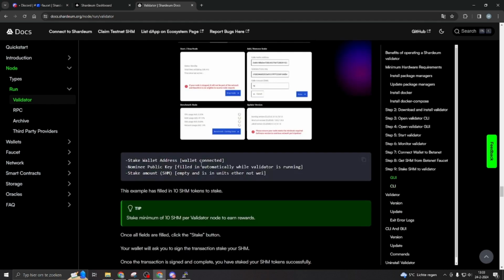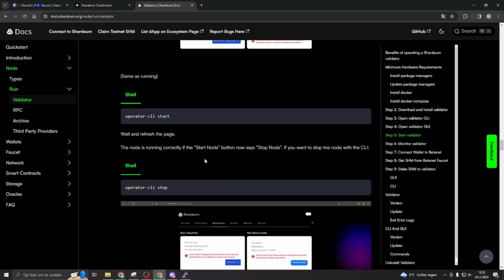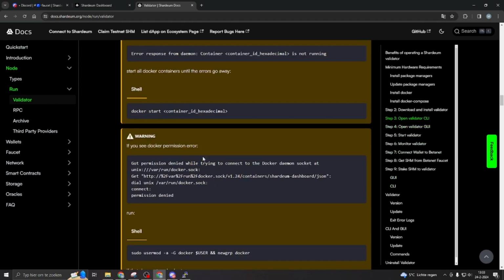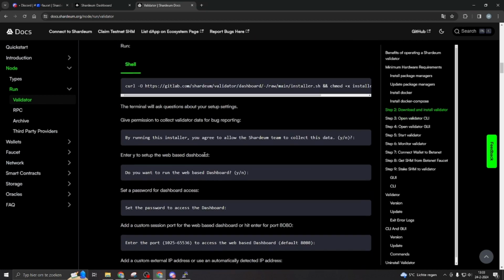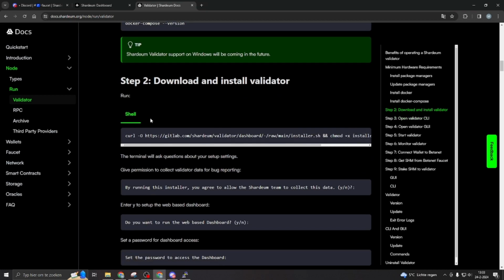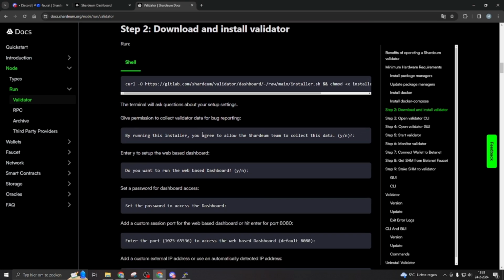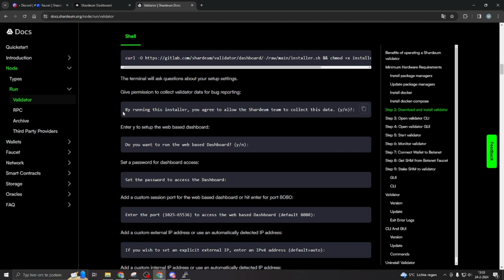It's the exact same script as the one you ran to install the node. So if you scroll up, I can show you the output it will give you, because running it for me is now kind of pointless because there is no update. But if you would run this script, it is the exact command you ran for installing the node, and you will get the exact same output. So by running this node installer, you